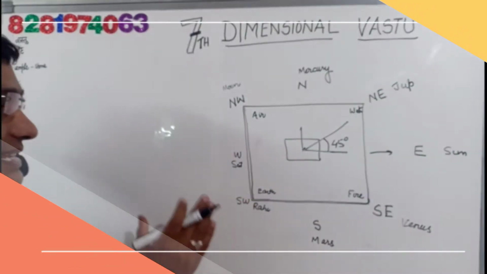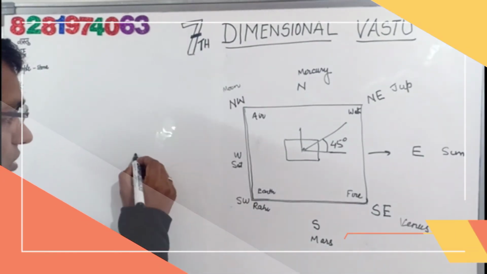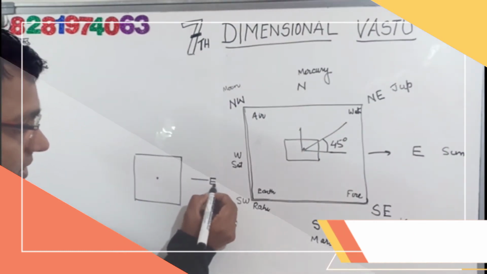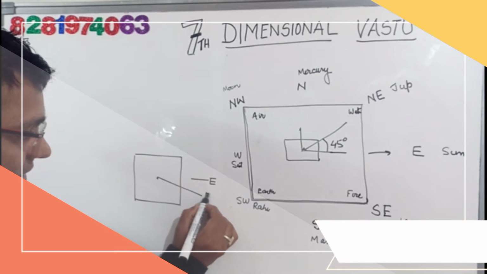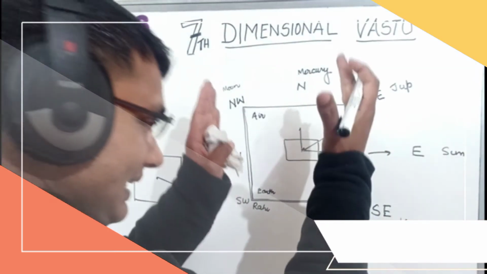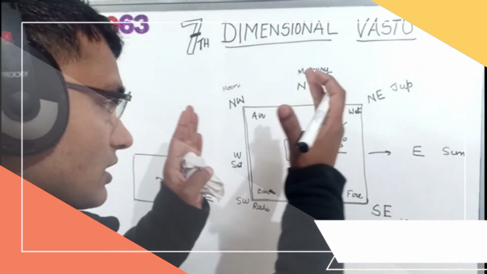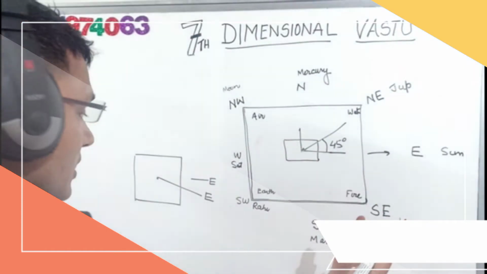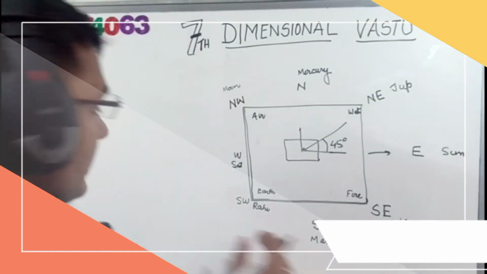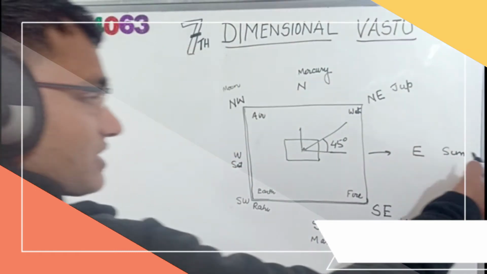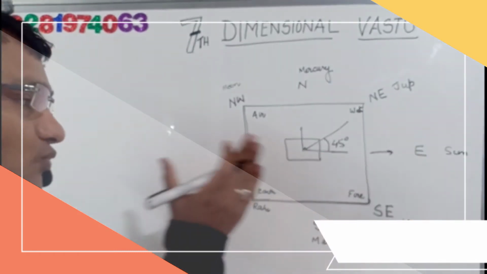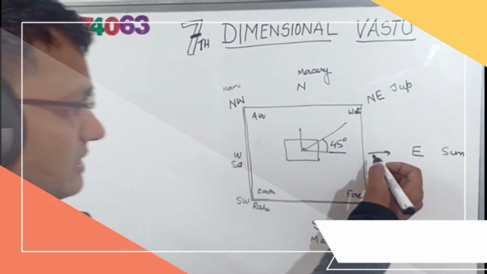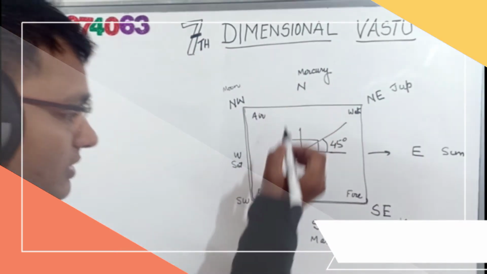Now you have to understand that your house may be like this, but sometimes you are assuming the east is this side, but east may be this side. Your house may not be placed exactly with respect to the direction. Maybe its direction is not exactly east, maybe somewhere else. So for that also you have to take care of this point. First of all, I explained the directions: east, west, north, south.